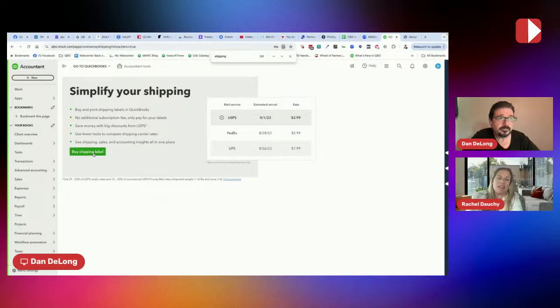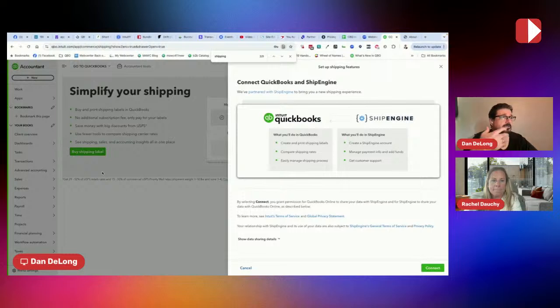Expensive if you took something and even took it to UPS and said ship it ground. It's a big difference than using these aggregators, especially if you were using something like Shopify shipping, because you really do get more reasonable rates. All right. So the first thing you want to do is turn on, when you connect to